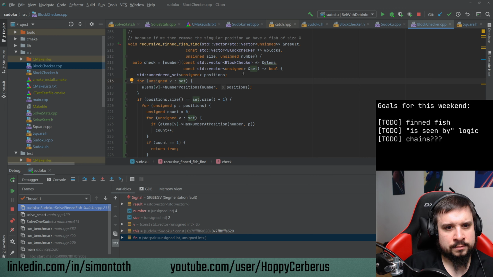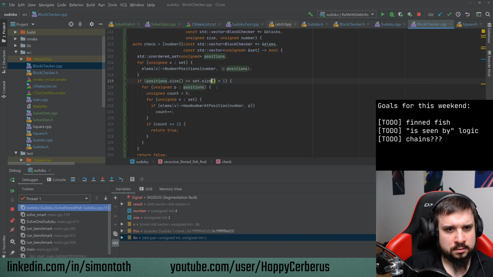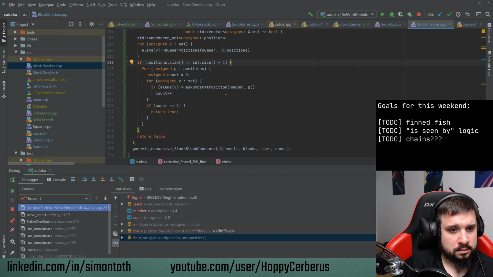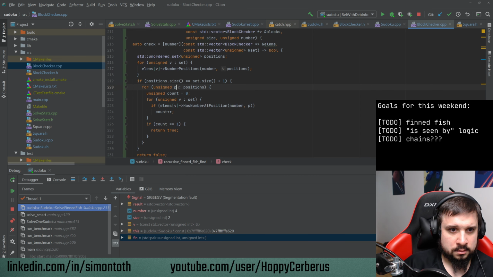Okay, so we go over all the positions. Okay. If the total number of positions is one bigger than what we are looking for, then we loop